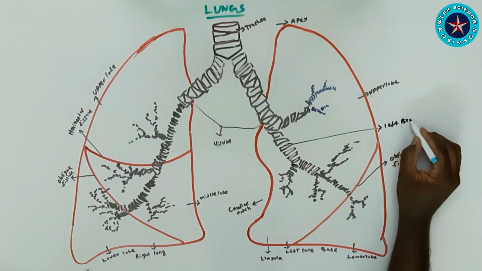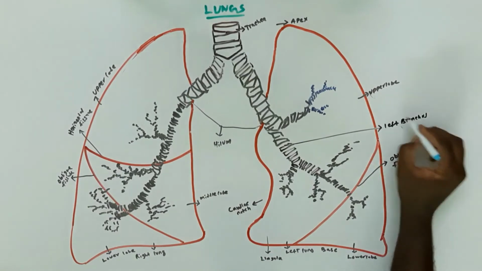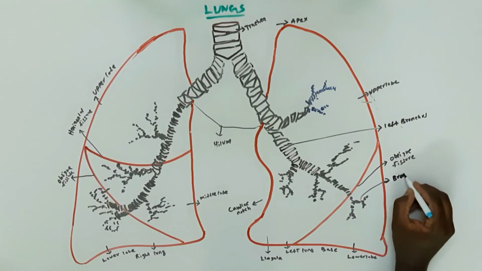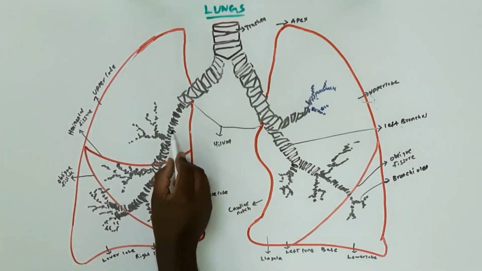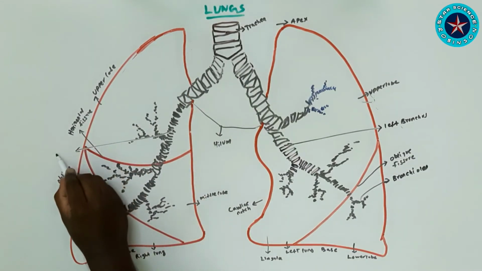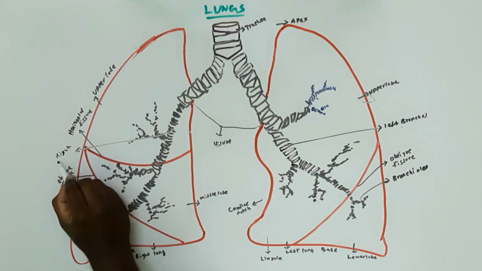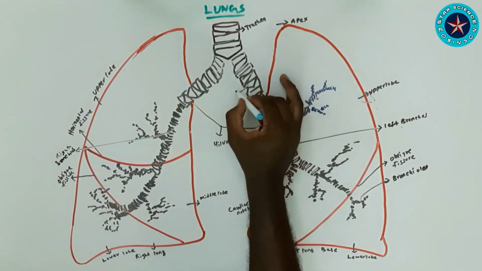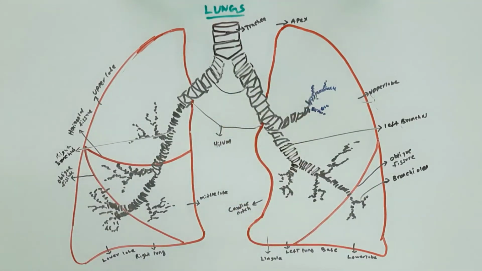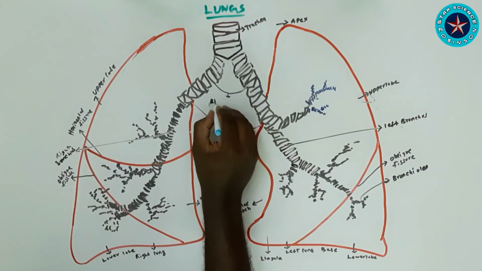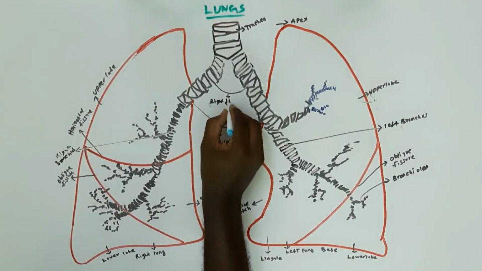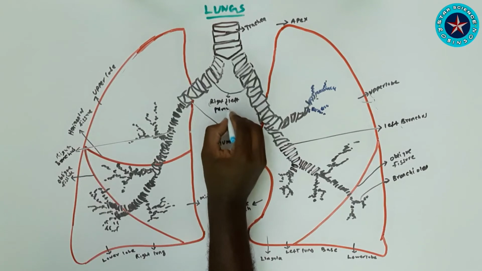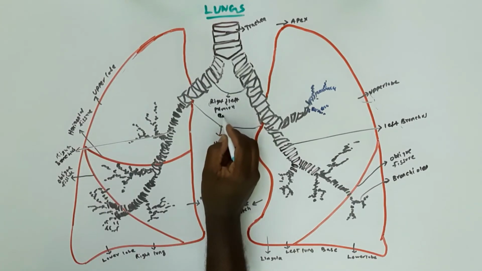This particular portion is called a left bronchus, and now we are seeing in our diagram this portion is called bronchioles. And now I'm showing you about the right, it is right bronchus. Next we can see at the hilum where the primary bronchus enters. So right now I'm showing you in our diagram, this is the place where right and left primary bronchi enter into the lung through hilum.